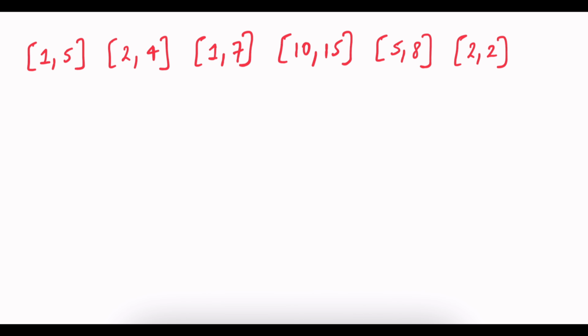Let's say we have this example, and in this example we are given 6 events with start days and end days. In this example, as you can see, the events are not really ordered. There's one event which starts at day 5, and there's one event which starts at day 10, and then we have this event which starts at day 2 and ends at day 2. So these are not really ordered, and we have to figure out how we can determine the maximum number of events